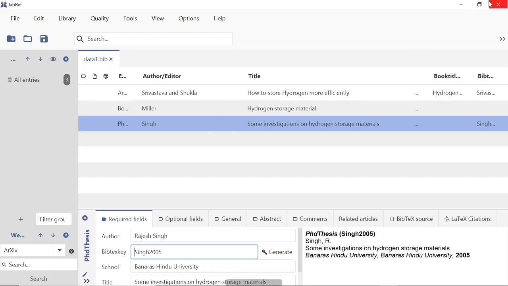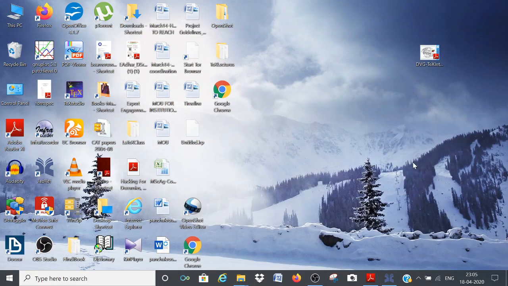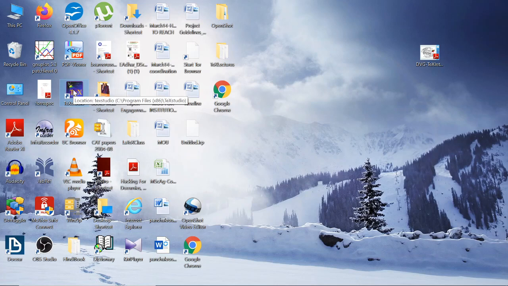To take these things in our text file, we are just opening a TeXstudio file.